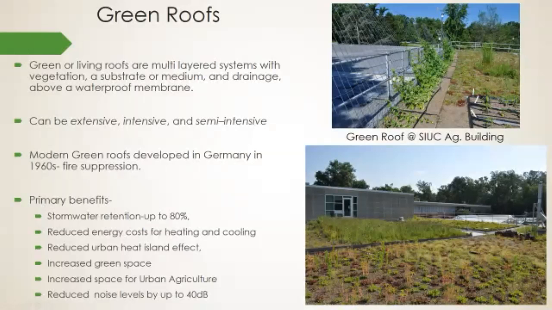And in modern times, green roofs were developed in Germany post World War II. And the original intent was to improve fire suppression in urban areas. But then all of these other benefits started to become realized by green roofs. And those primary benefits are, number one, stormwater retention. A green roof system can catch and recycle and kind of intercept up to 80% of stormwater runoff from a building. They also reduce energy costs for heating and cooling in the summer through evapotranspiration, and in the winter through increased thermal